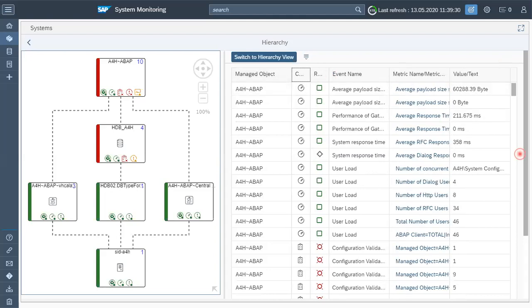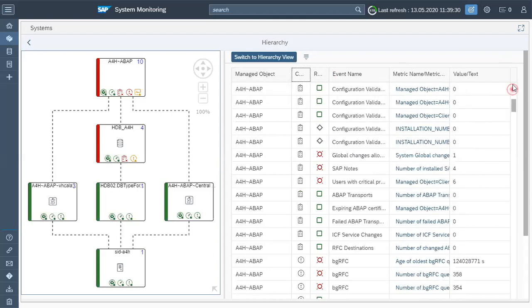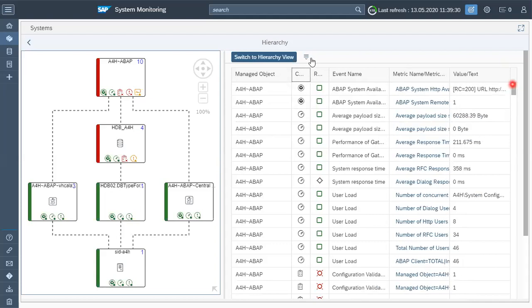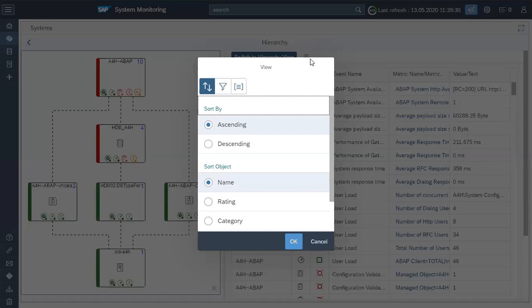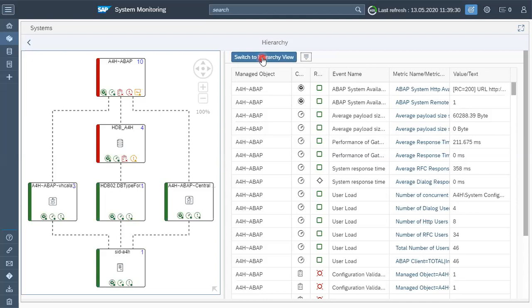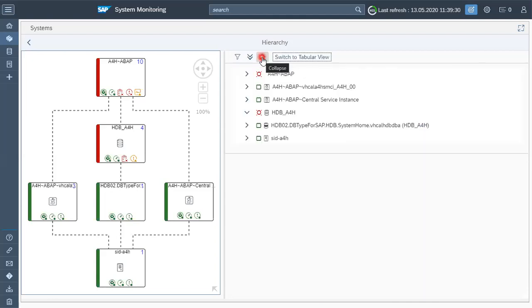These are the options we have in tabular view, and by clicking it will be switched. This is a filter basically, if you want to set some filters, and if we click on hierarchy view, then it looks like this one. This is altogether related to the system monitoring desktop version.